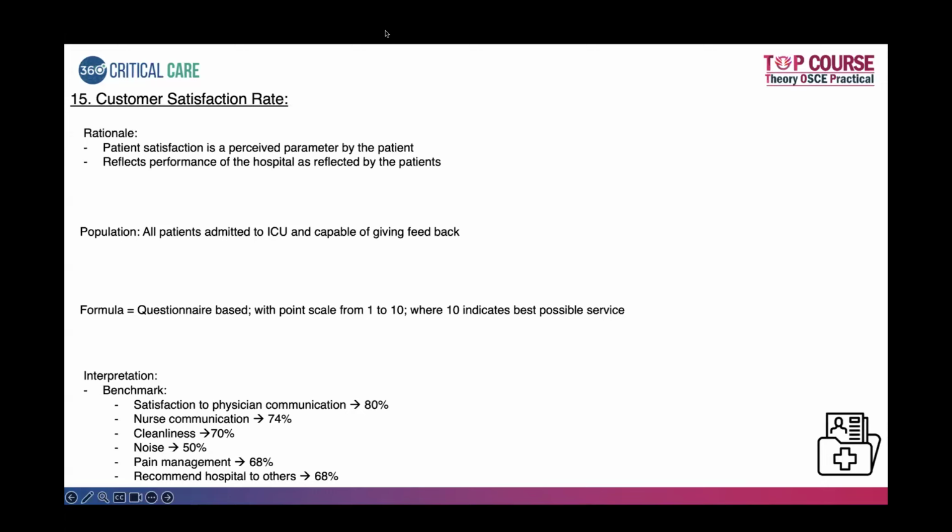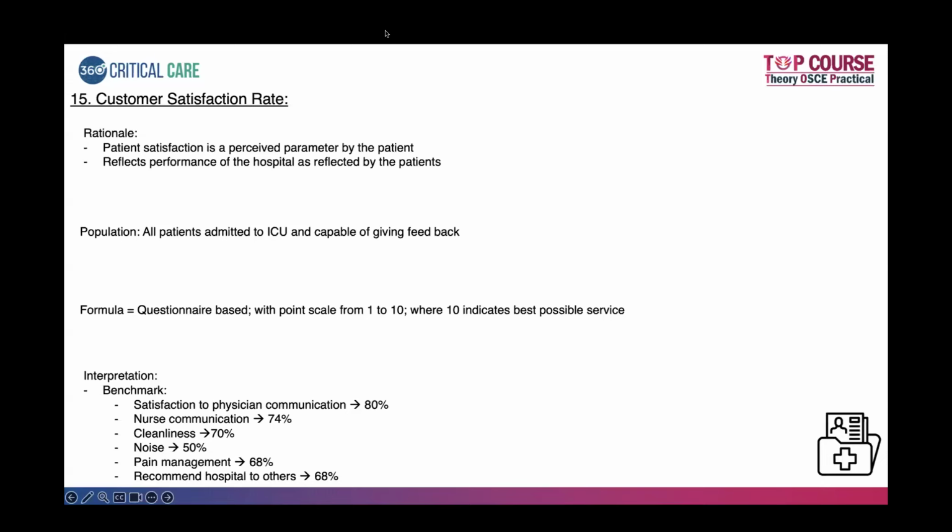This is also a questionnaire based rate assessment where, rather than going from 0 to 5, you go from 1 to 10, where 10 indicates the best possible service. The benchmarks they say are: satisfaction with physician communication should be 80%, nurse communication 74%, cleanliness 70%, noise 50%, patient management 68%, and recommending the hospital to others should be at least